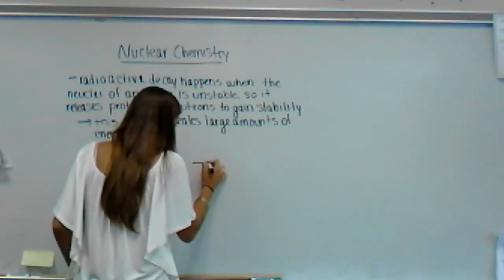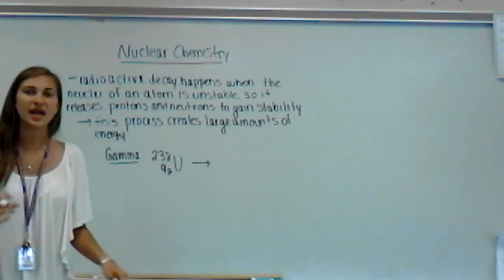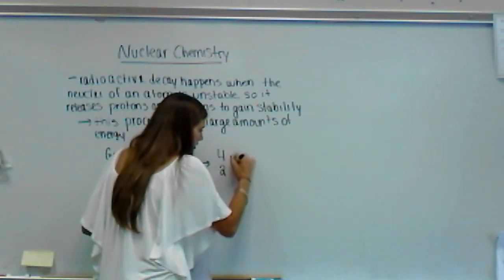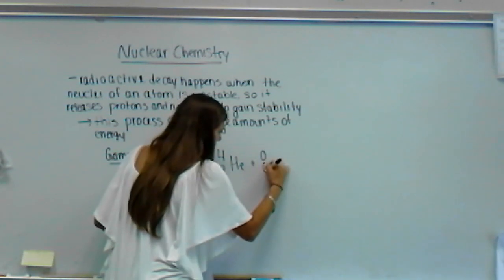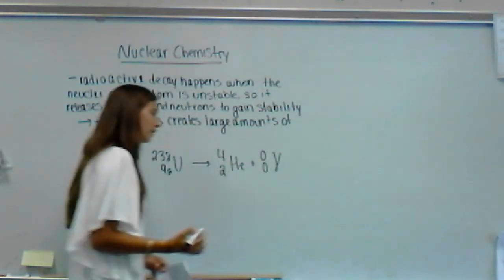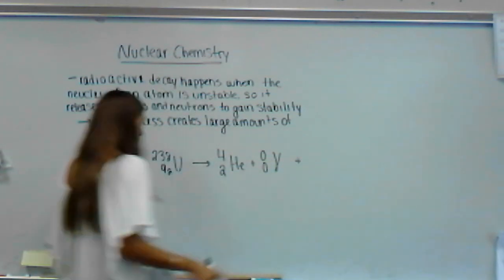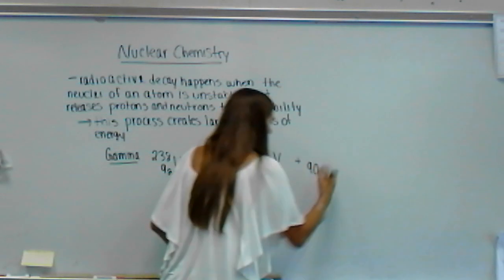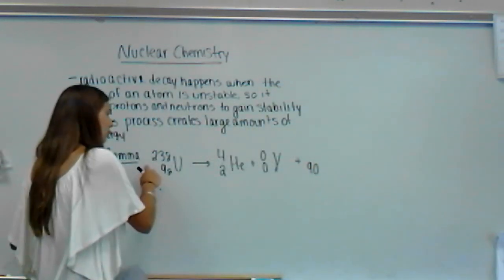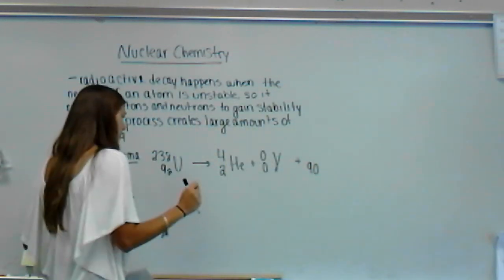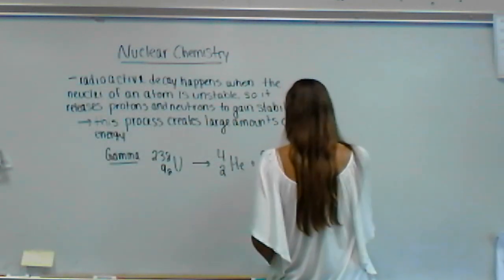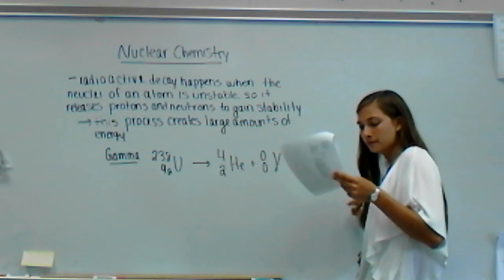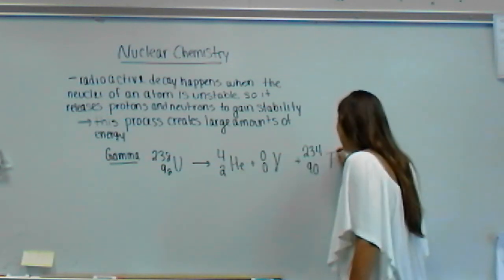It is going to decay, and I'm going to tell you it's going to be an alpha and a gamma decay. So if it's alpha and gamma, that means we're giving off both an alpha particle and a gamma particle. So we have to figure out what's left. So we have 92 minus 2. That gives us a proton number of 90. 238 minus 4 minus 0, that's going to give us 234. And again, you're going to look up 90 on your periodic table, and you're going to realize that you have thorium.